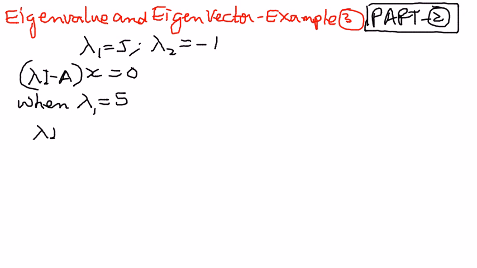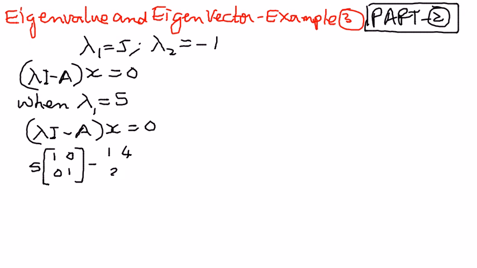So lambda I minus A times x is equal to 0. This is the homogeneous linear equation. Now we will substitute the value of the eigenvalue, so for lambda we'll substitute 5. I is the identity matrix, which here is 1 0 0 1, because the given matrix is a 2 by 2 matrix, minus the given matrix A, whose elements are 1 4 2 and 3, and all of this times x is equal